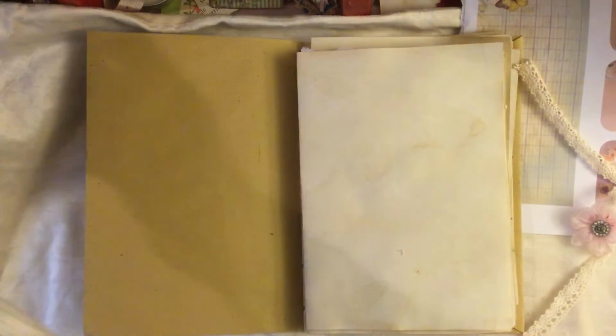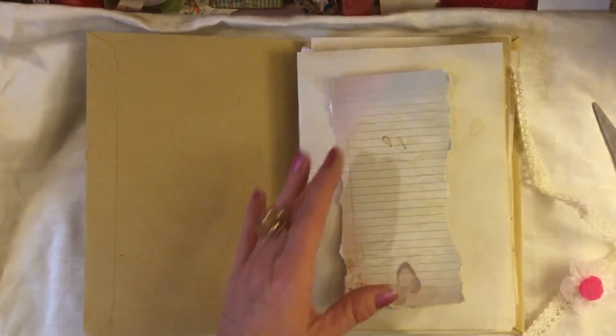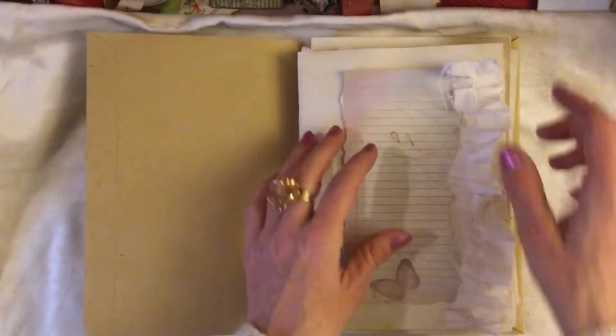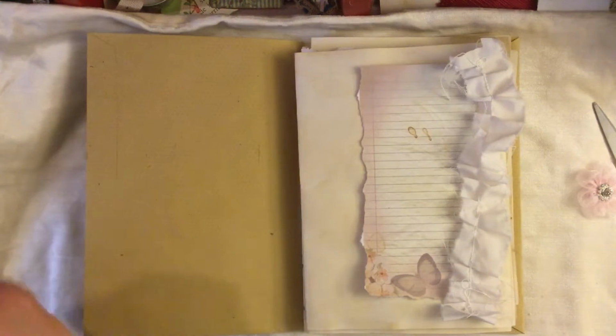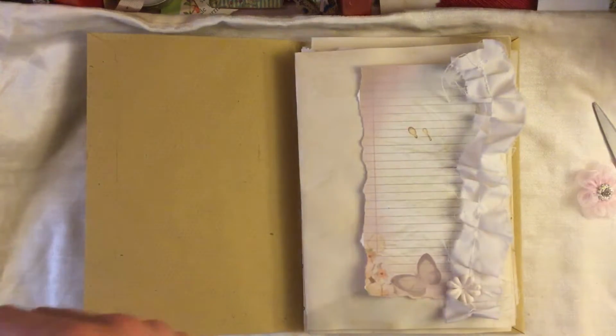Then I also have got a piece of the slimmer ones, these ones, which again, I just tore down to demonstrate how it would look. And I thought you could finish it off with something like a ruffle down the side of the page, literally like that. Pop on maybe a couple of flowers, something like that. And then you could just have, for instance, one of the,